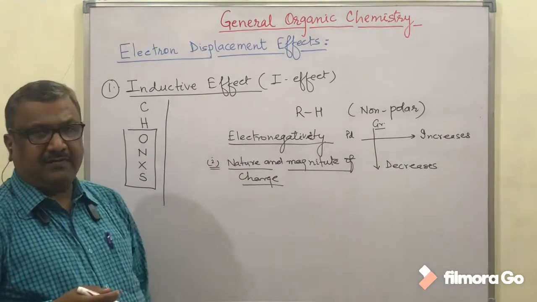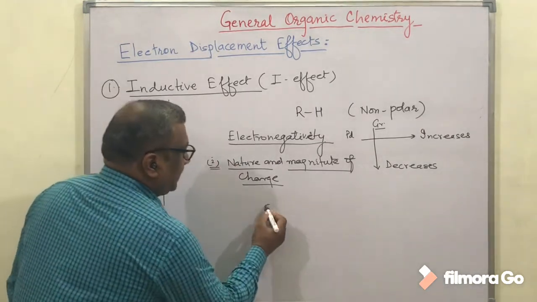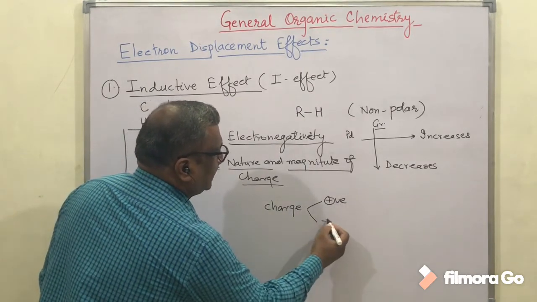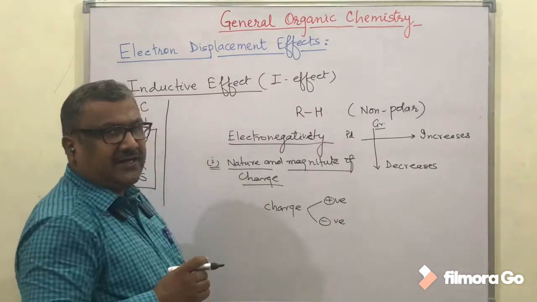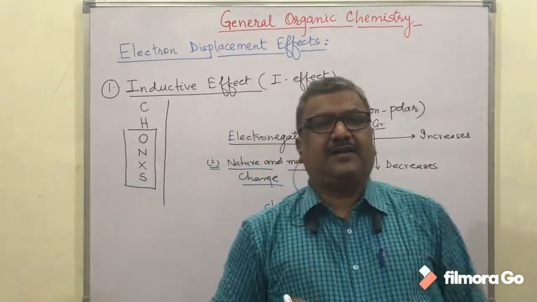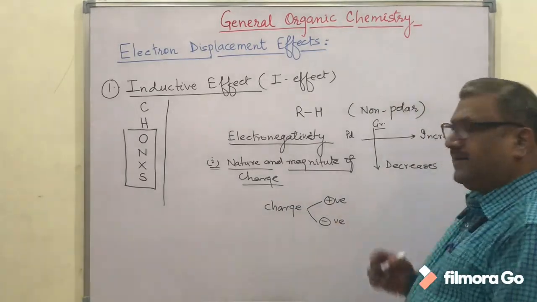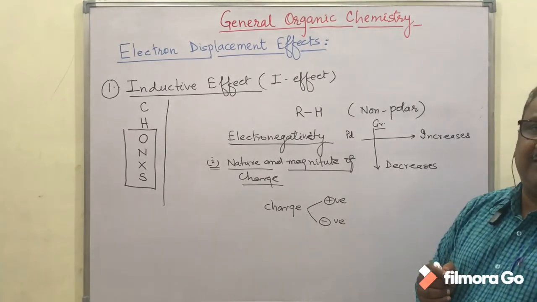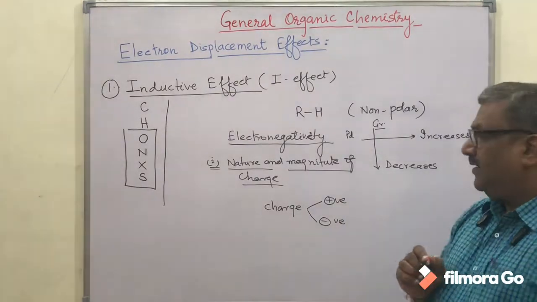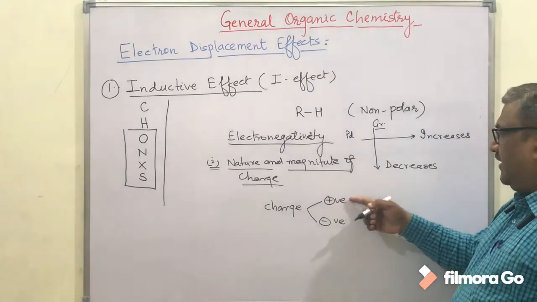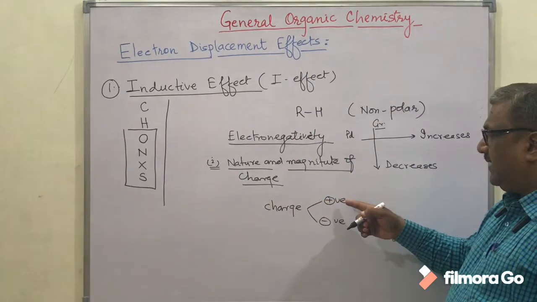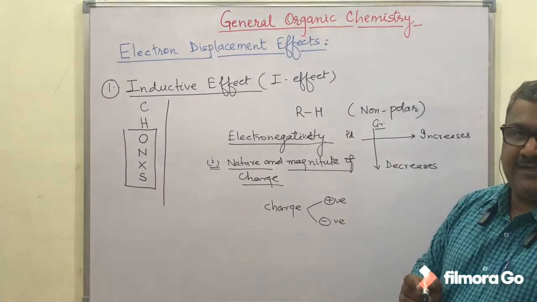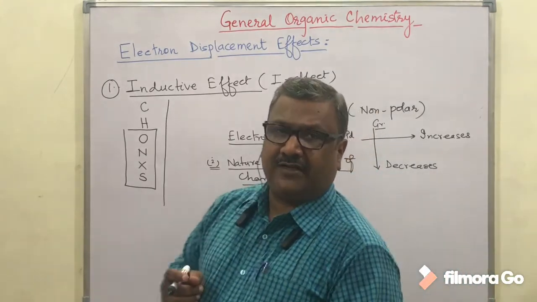Now we should make it more clear. On the basis of charge, we may have two conditions, positive charge or negative charge. So if the given species is positively charged in a particular case, and in another case it is negatively charged, then in both cases its electronegativity will not be the same. First thing. And if it is positively charged, then electronegativity will be higher in comparison to the case when it is present with the negative charge.